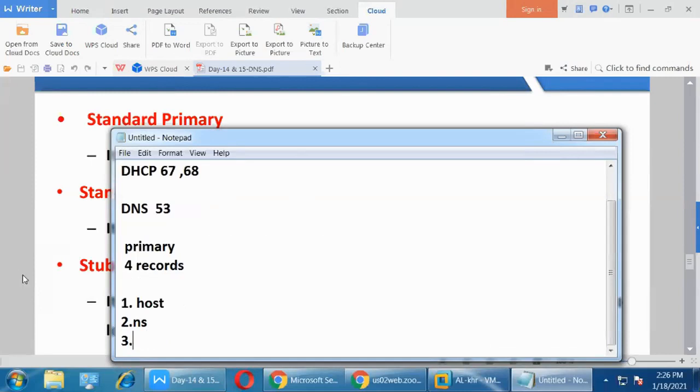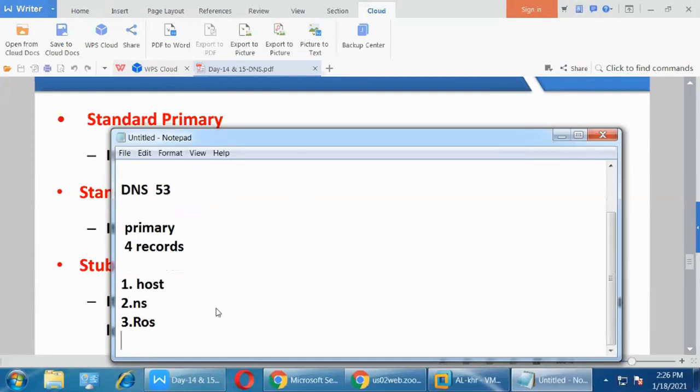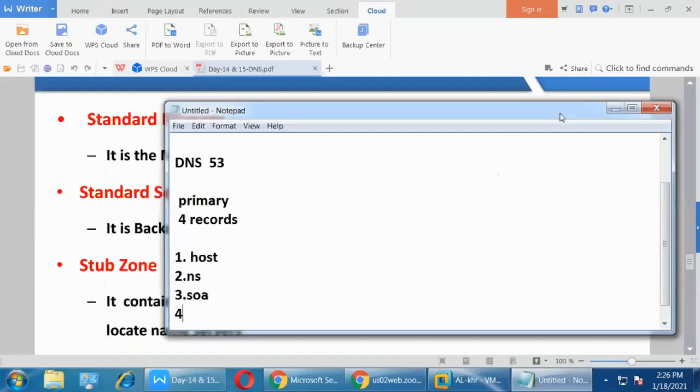Third is the SOA record, start of authority. And the fourth one is the alias record.